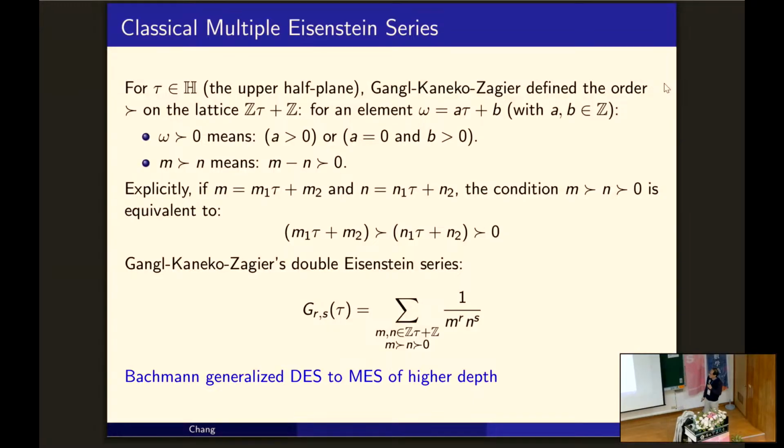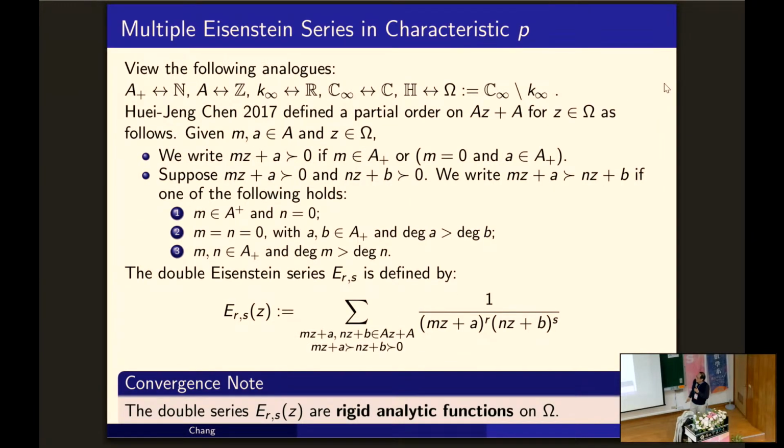So then we consider this kind of inequality via this order. And the double Einstein series is defined by this form. We just sum over all elements in this lattice, this inequality. So this is the classical multiple Einstein series. And remember, we have the analog of A plus. So this is the analog of N, A is the analog of Z, and C infinity is the analog of